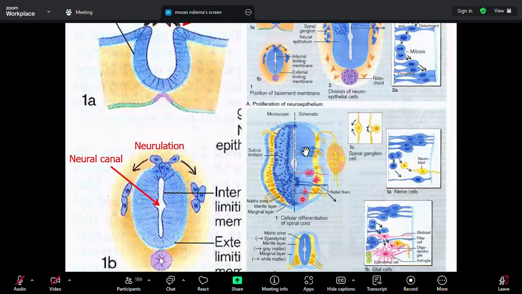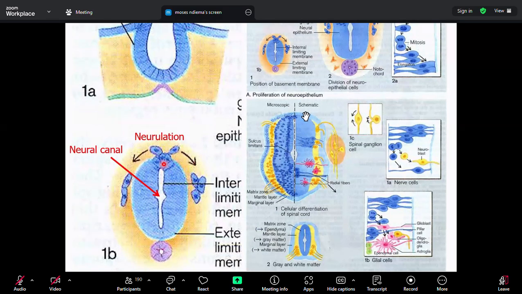I have said the ventral half of the neural tube is induced by secretions from the notochord, sonic hedgehog. The dorsal part is induced by secretions from the ectoderm, the bone morphogenetic protein. So there is a rapid growth of the dorsal part and rapid growth of the ventral part. But before that,